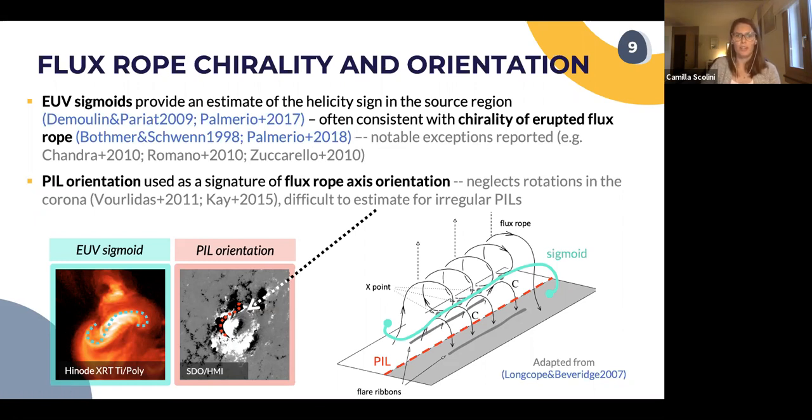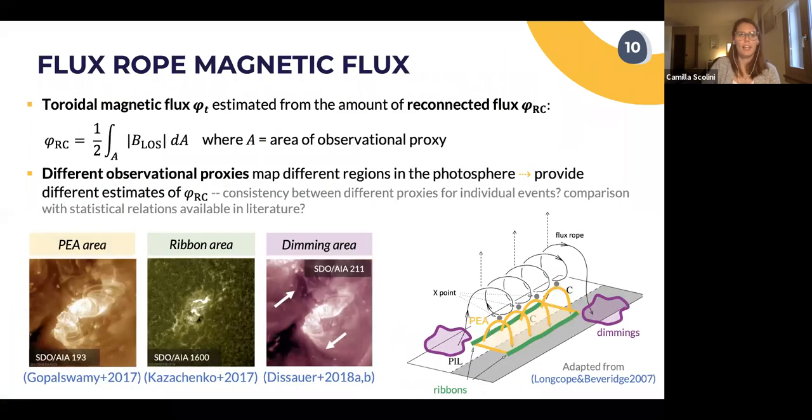So in addition to the flux drop chirality and orientation, the third parameter that needs to be quantified to perform an observation-based simulation of a spheroMAC CME in EUHFORIA is the amount of magnetic flux. In particular, the toroidal magnetic flux is the flux you need to prescribe in your simulation. So that controls the amount of twist and the magnetic field strength that is in your flux drop. So this could be estimated from the amount of reconnected flux,